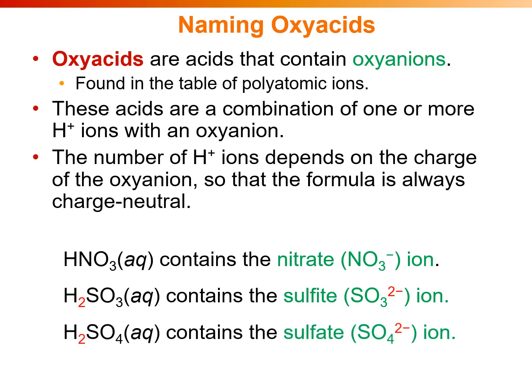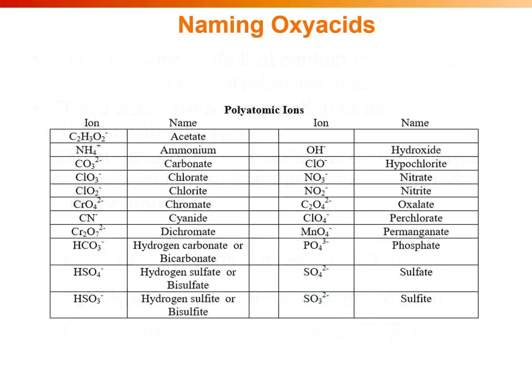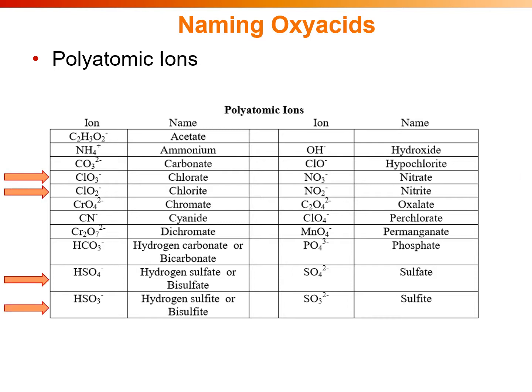H2SO4 also contains a -2 charge. This is the sulfate ion, and these are going to be offset by the positive charges of 2 hydrogen ions. Before we get too far along, I want to review some polyatomic ions, which is what we can do with this chart right here. So if we take a look at some of these, we can see that for the